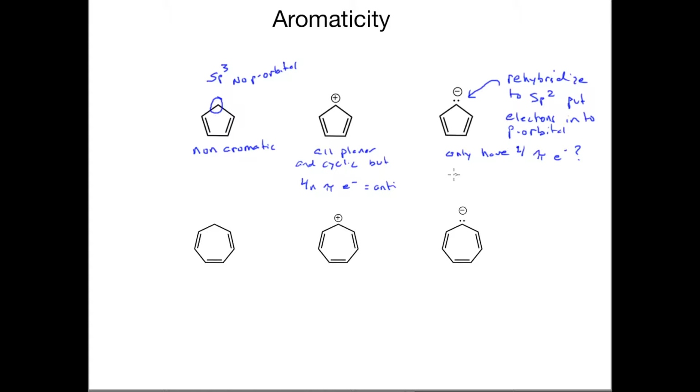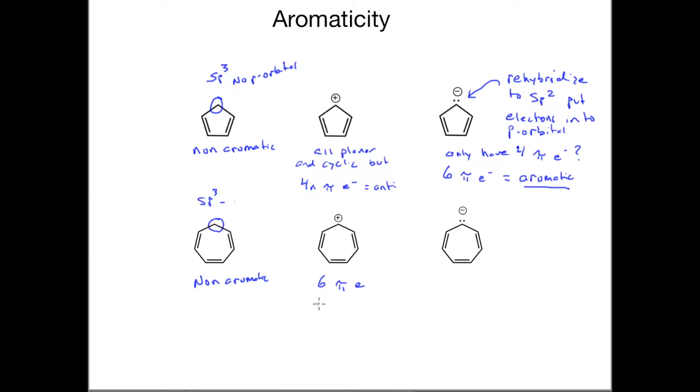So again, just to refresh, this lone pair is pushed into a p orbital due to the rehybridization for stability, and therefore we have 6 pi electrons, and this is now aromatic. If we go to the bottom left, what we see is, of course, an sp3 carbon, so this one is now easy. This one is no longer anything that's aromatic. We have non-aromatic there. We have a break in our conjugation at this point.